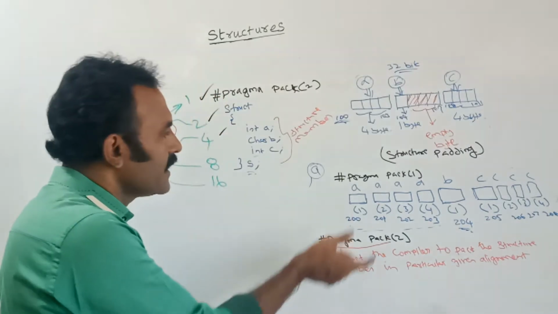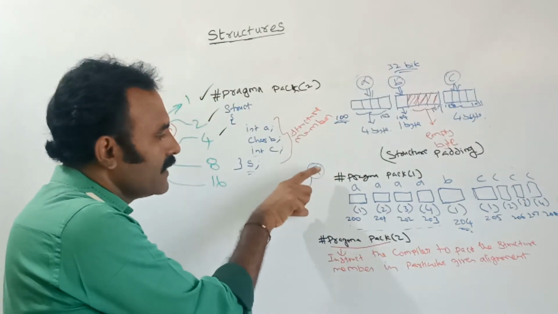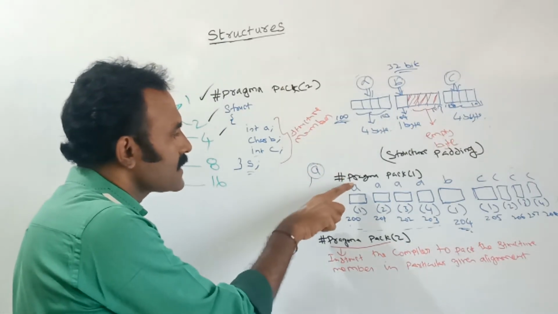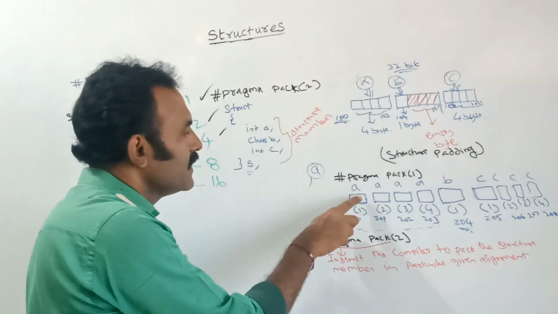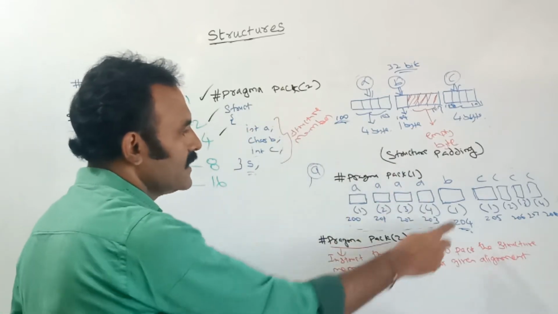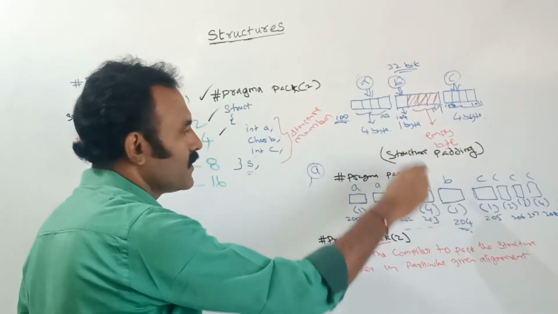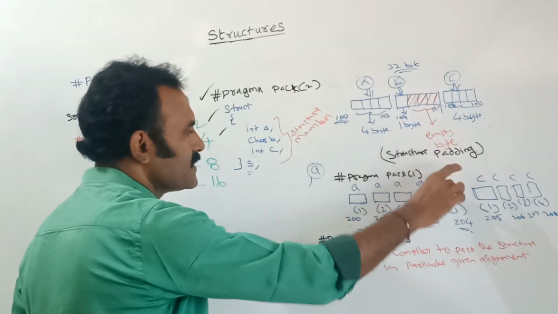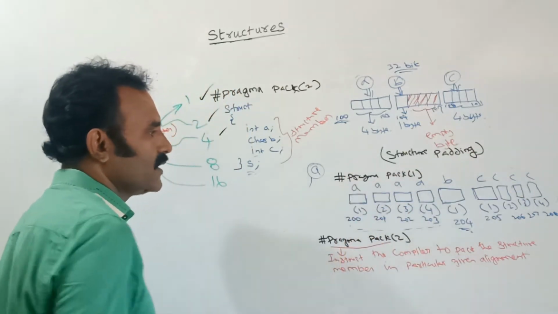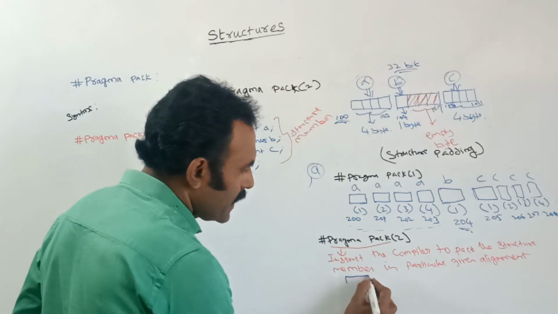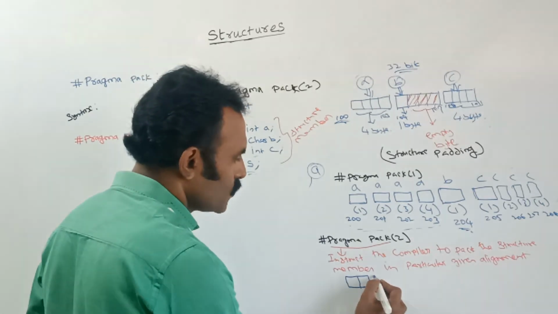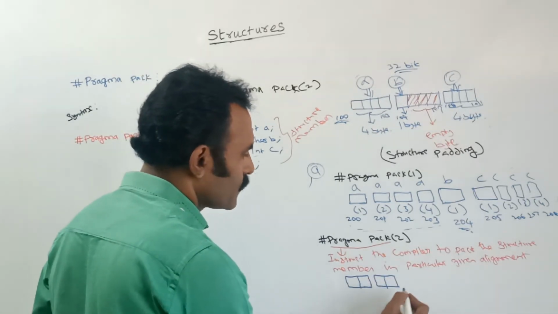See, before that, this pragma pack, during the compilation time, tells the compiler to pack each and every structure member with 1 byte. A, that member is split into 4. If it is character, no problem, single byte only. So here it will align the single byte. If it is more than 1 byte, then it will split that into bytes by pack of 1. Here pack of 2 means for each and every cycle 2 bytes.